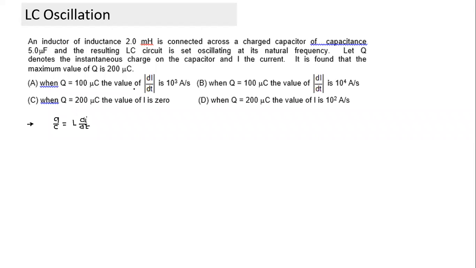So this is a fairly simple question. Very easily it can be answered. When the charge is maximum, the rate of change of current is maximum, you can easily answer that part. So for each value of Q we can ask, and it is found that the maximum value of Q is 100 or 200. So it's fairly simple. Can you answer this question easily without putting pen to paper? If Q is 200, what is the value of I? When the charge is maximum, I is 0. So this option clearly is incorrect. That we should understand anyway. When charge is maximum, current is 0.